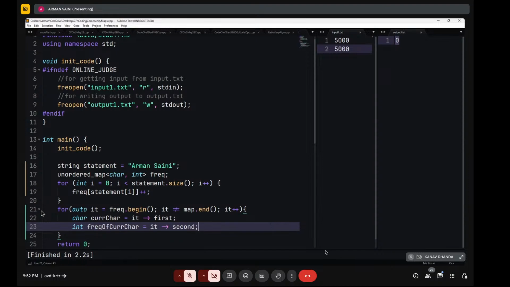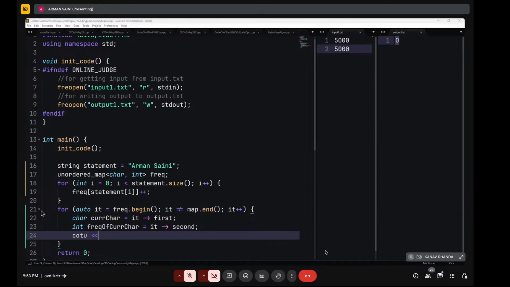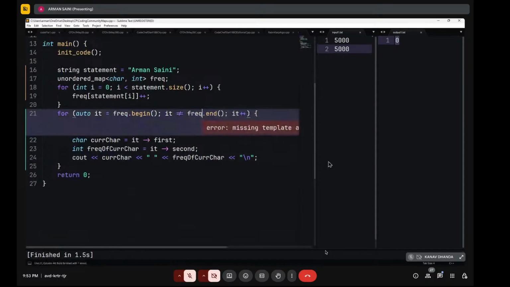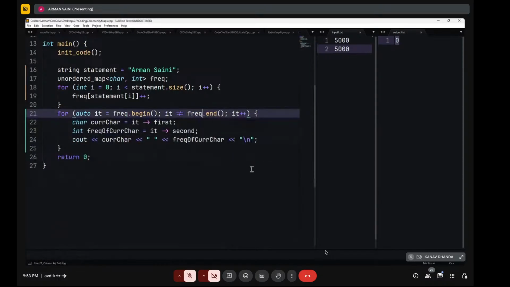Once you're done with this, you simply do cout current character, and then you do frequency of this current character, and then you do backslash n. Again, this has to be the name of the map, not map. So once you do this, you see that I get